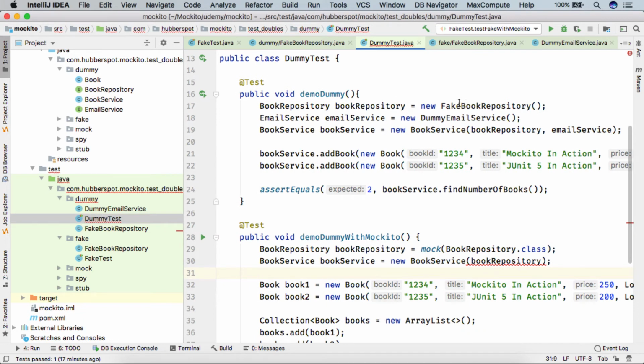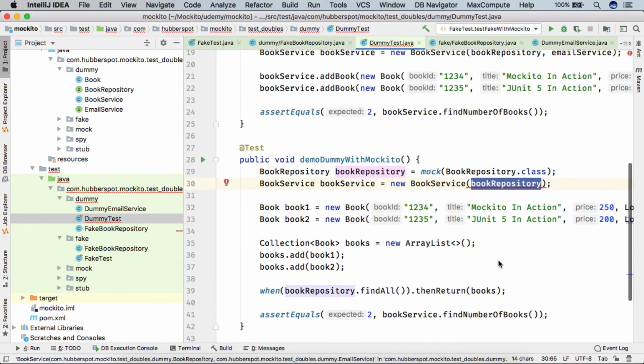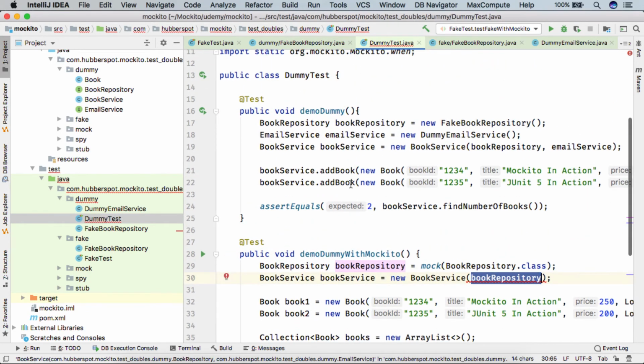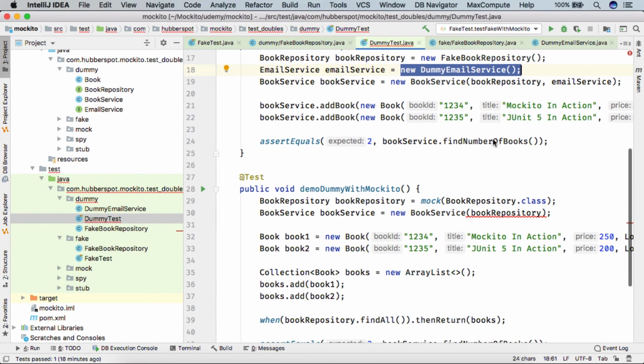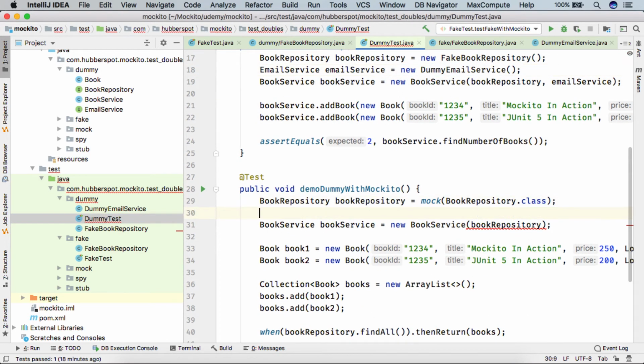So here, as we know that we can create a fake test double using Mockito, we used this, and here you can see the compiler is crying because it also requires the email service. So here we know that we can also provide it by manually creating this dummy email service, which we already did in our previous lectures. But here we'll simply use the Mockito framework to create a dummy email service for us.